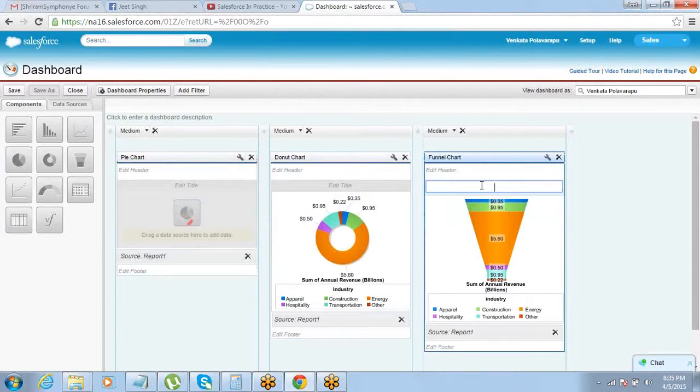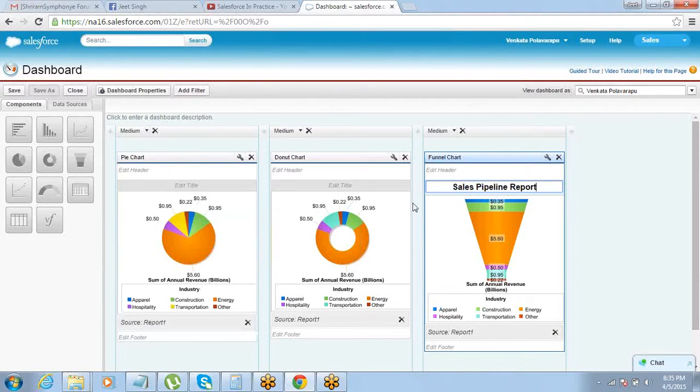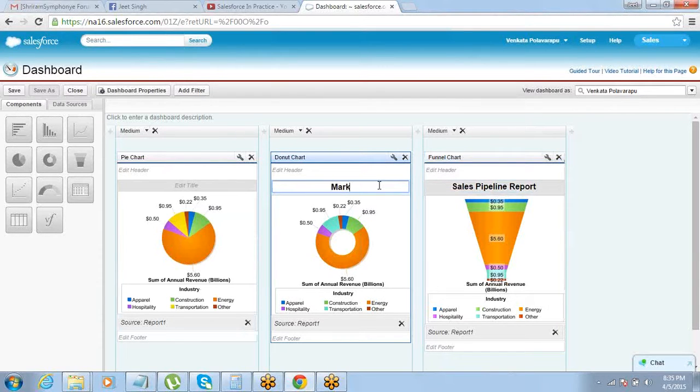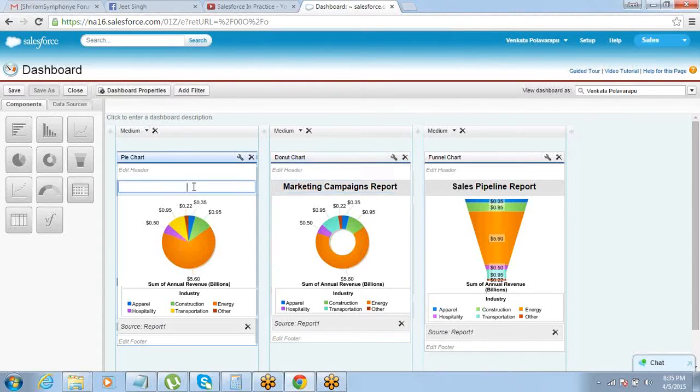Let's say this is my sales pipeline report. This is my marketing campaigns report, and this is customer support report. That's it. So this is how easy it is. So just converting those reports that you have created into charts and bringing in multiple reports on the same screen.